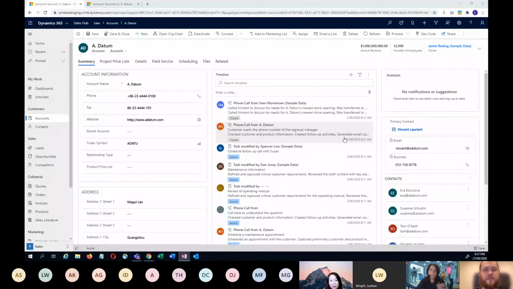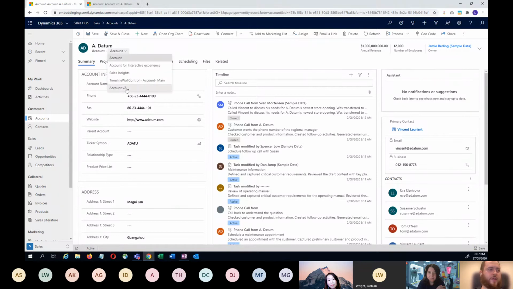So this is my very, very vanilla CRM trial instance. I've turned on sample data, and that's great. And this is the out-of-the-box form, right? So I've got the account form, and it's got all this information on it. That's great. But what if I had a different scenario?